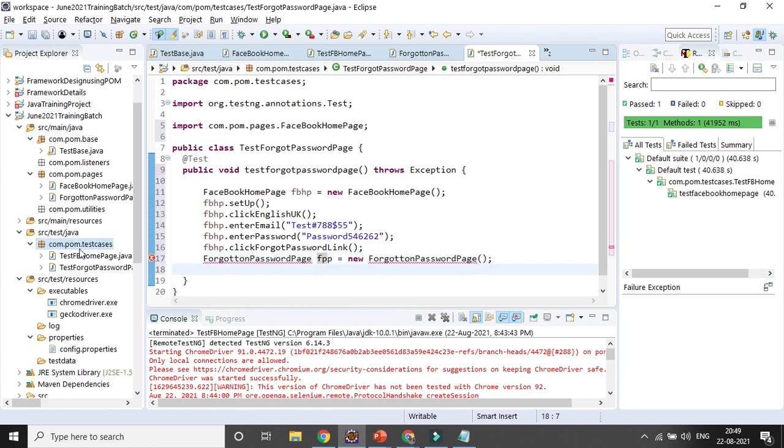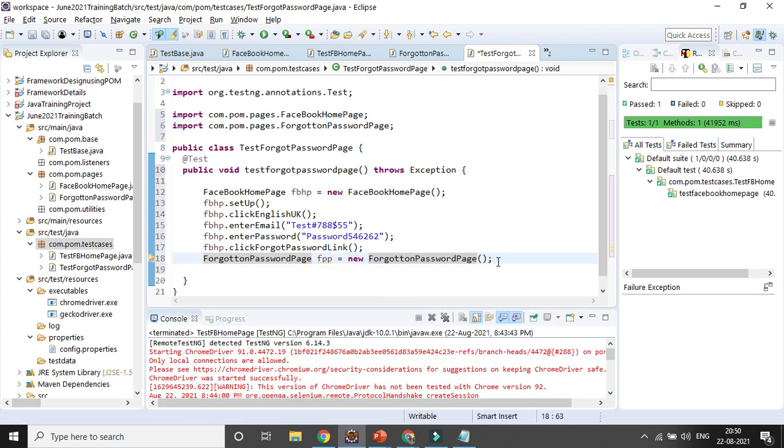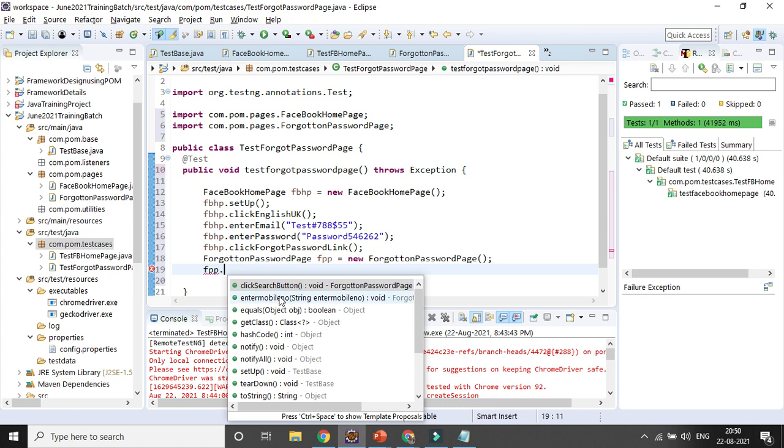So I need to import it from that relevant class. Then I will be using that part, and then I will be getting all the important methods: enter email, whatever is written in that page, right.